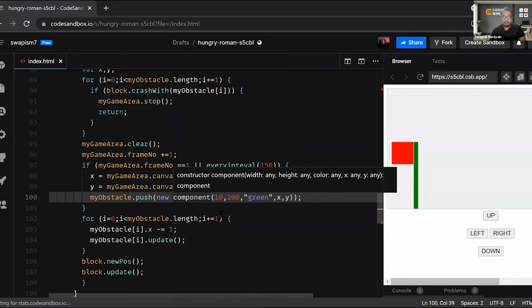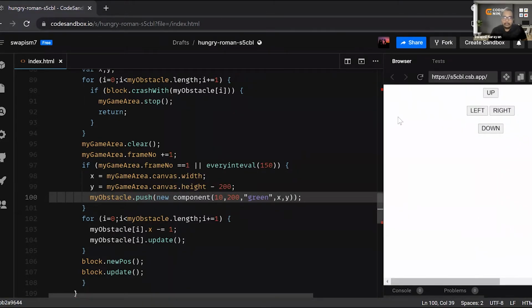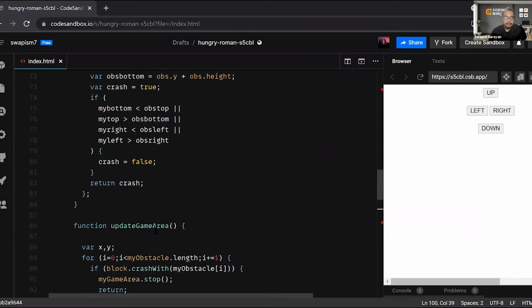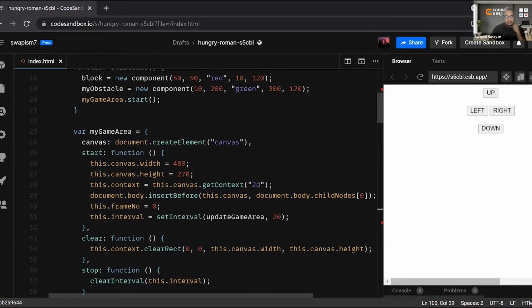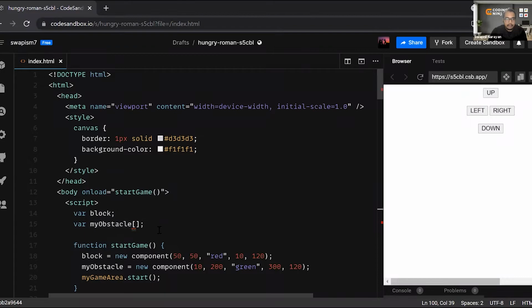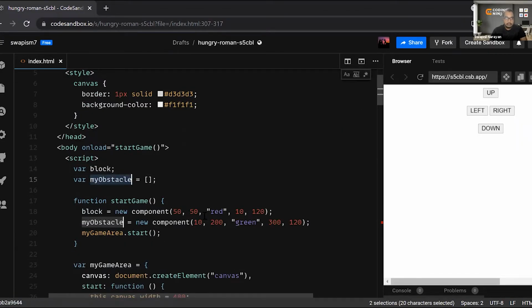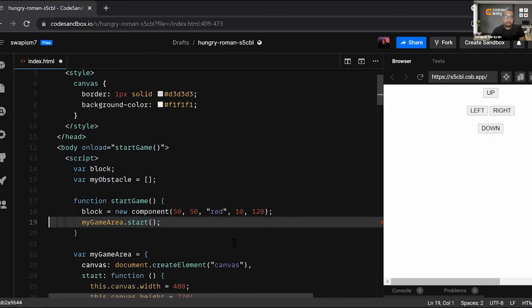So if I just save this thing, I guess there is an error. Let me check if I have made some mistake. I have made my obstacle an array, and over here it expected this one. Okay, fine. Some more errors are there, I guess. So let's check out where my obstacle is. Okay, over here. Need to remove this. Fine.